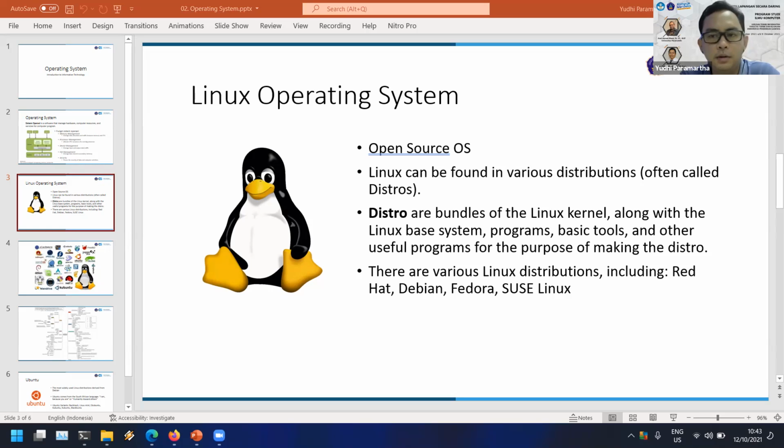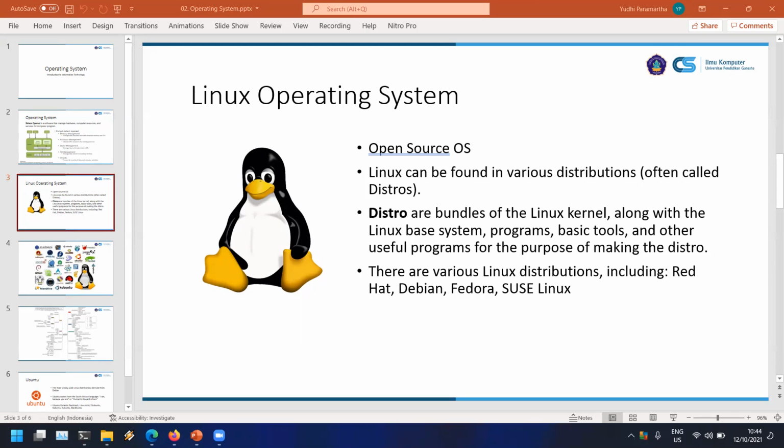Some of the famous distros: Red Hat is very famous for enterprise users, and Debian is for enterprise and consumer users. Fedora, I don't remember whether it's still around, but I think it's fading away.